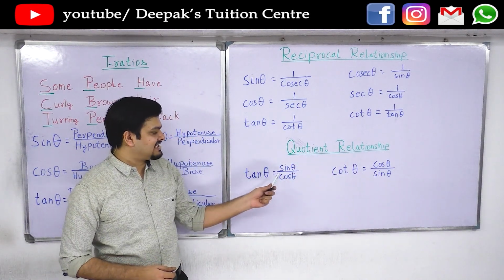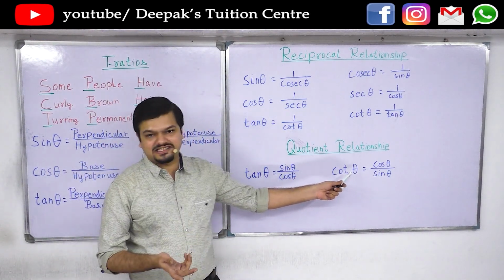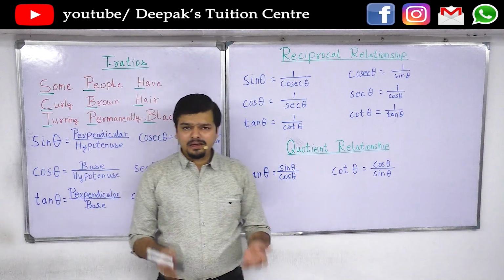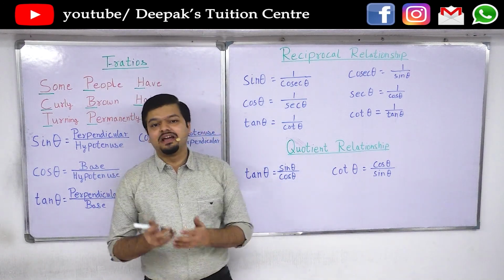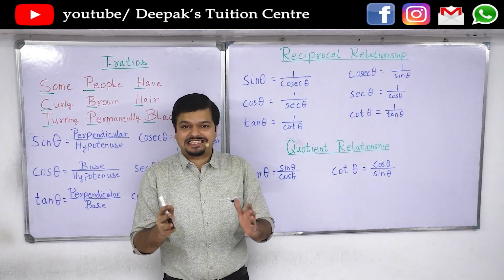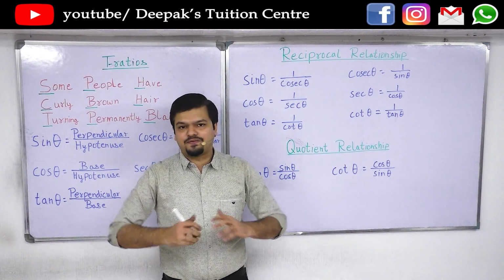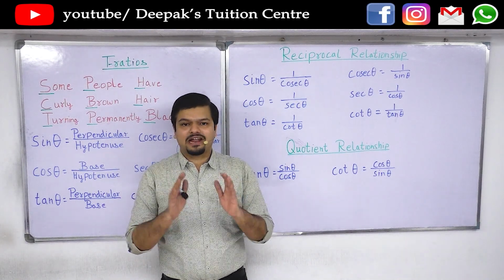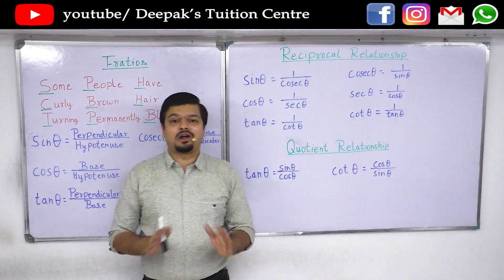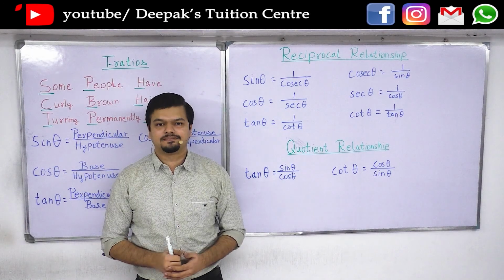Here tan theta is equal to sin theta by cos theta, and cot theta is obviously the reciprocal of tan theta, that is cos theta by sin theta. Obviously the names of the relationships are not important. We just tell you the name so that it becomes easier to segregate, divide and learn. But it is okay if you can learn everything properly and remember the formulas properly; you do not need to remember the names. It is not required. All you need to do is remember the formulas properly.